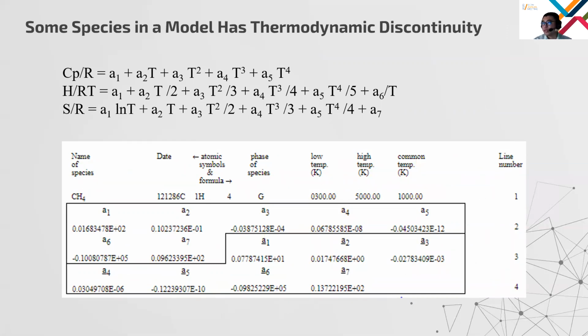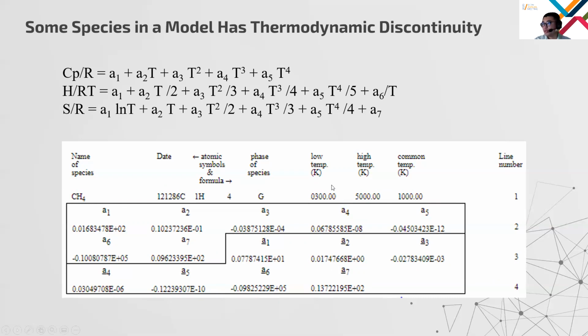First is the thermodynamic discontinuity. This is a ChemKin data entry for methane. It starts with the species name, then the species composition, and then the phase of the species. And the most important part is these three different temperature points, which divide temperature into two temperature intervals, which in